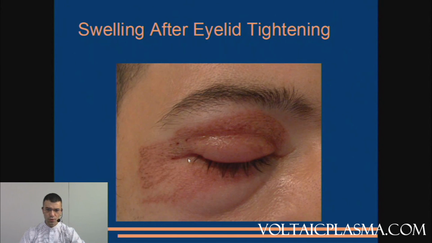And we're going to show you this picture of me, a day after upper eyelid tightening, some crow's feet attenuation treatment, and a certain amount of lower eyelid tightening too. But that lower eyelid swelling is not caused by the lower eyelid tightening treatment, but it's caused by that, because